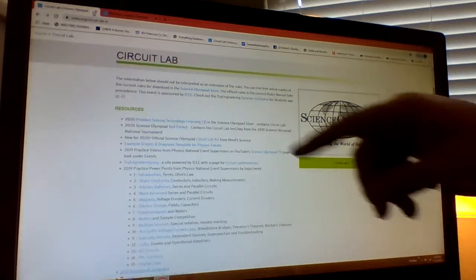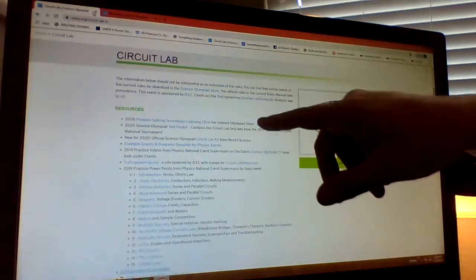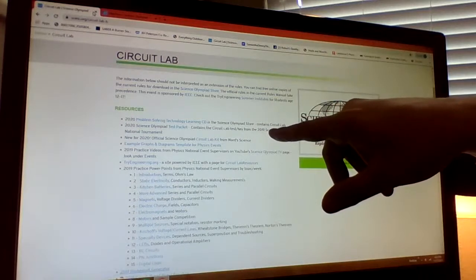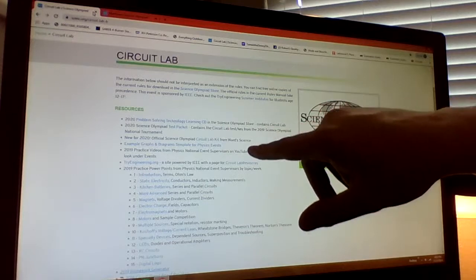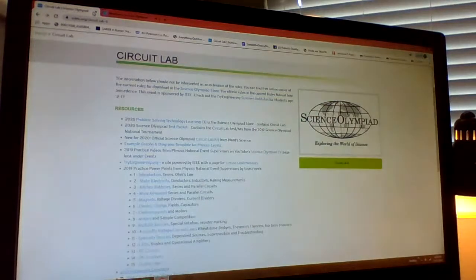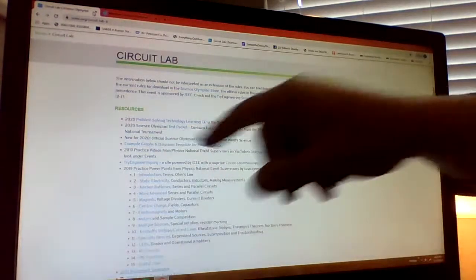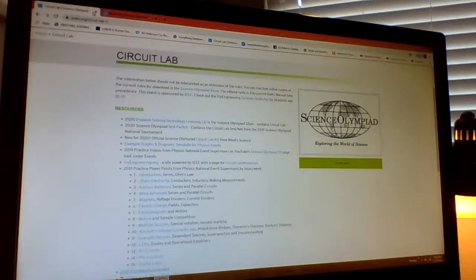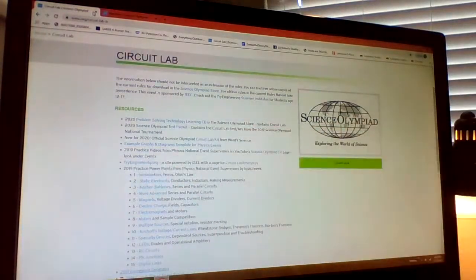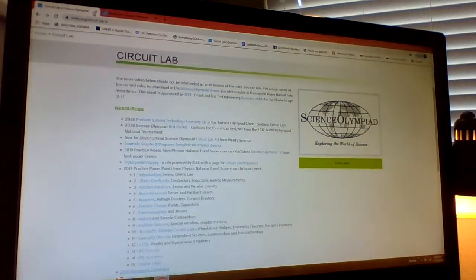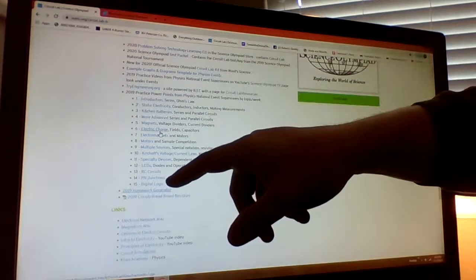learning CD. There's a test packet, which has the test from the 2019 National Tournament. There is a Circuit Lab kit from Ward Scientific that you can link to here and purchase. You've got example graphs and diagrams for physics events. You've got the YouTube Science Olympiad TV page, and you've got tryengineering.org, a site powered by IEEE with a page for Circuit Lab resources. You'll also notice as we go down here, we have the 15 sets of slides